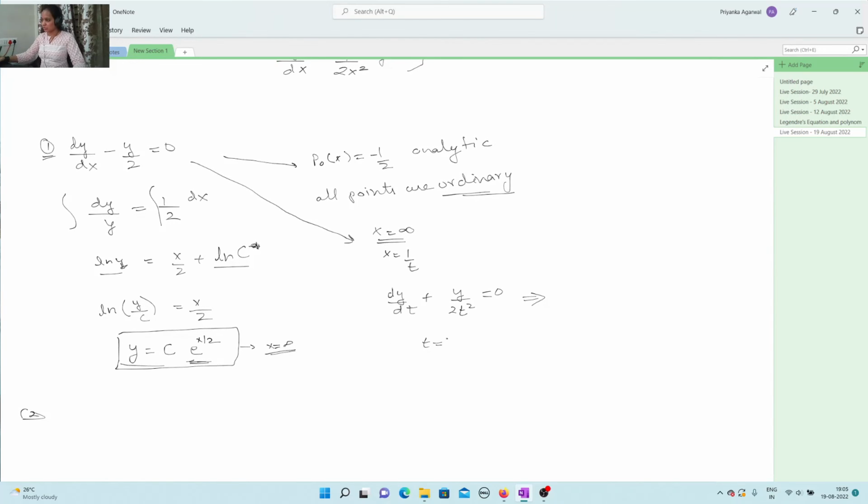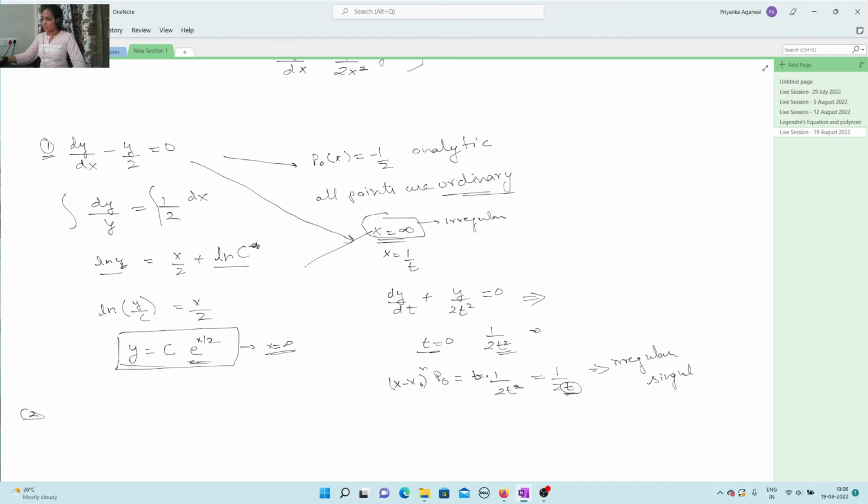Now if you check for t equals to 0, this function is 1 by 2t square, right? So this is non-analytic, because even if you multiply with t, that is, you check for a regular singular point, that is x minus x to the power n p0, this will be t into 1 by 2t square. Again this will be 1 by 2t, and at t equals to 0 this is non-analytic, this will give us a singularity. So this is actually an irregular singular point. Irregular singular. So we now know that x equals to infinity is irregular singular,